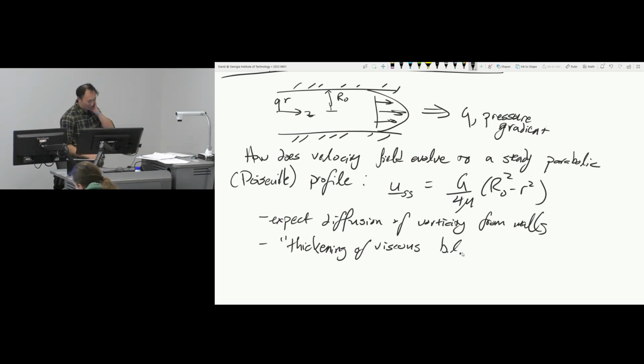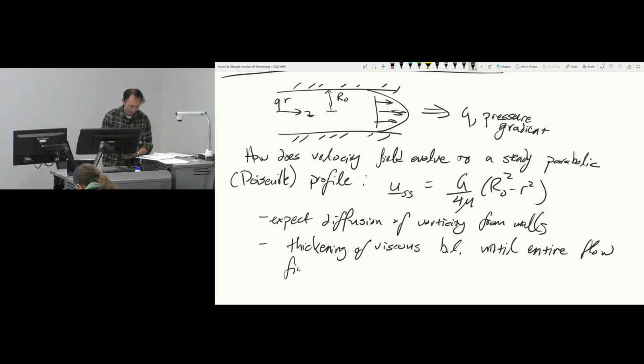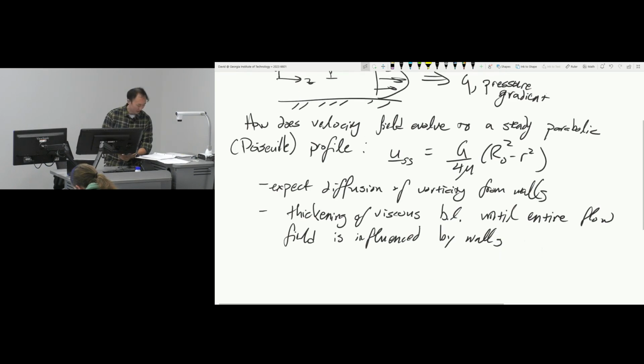The boundary layer tells you when the velocity is close to zero. I think it's like 95% of the maximum velocity. Basically in the beginning it's really, really thin, and then it gets thicker and thicker as the information flows through from the walls. So, thickening of the viscous boundary layer until the entire flow field is influenced by the walls. Okay, so that's kind of physically what we expect, and this problem is useful for blood flow